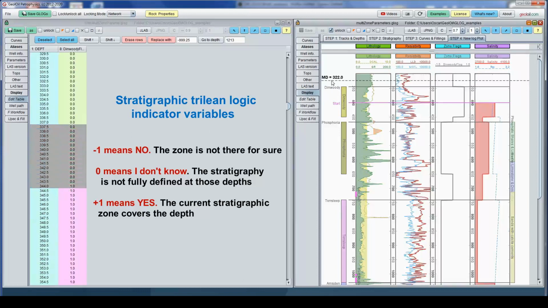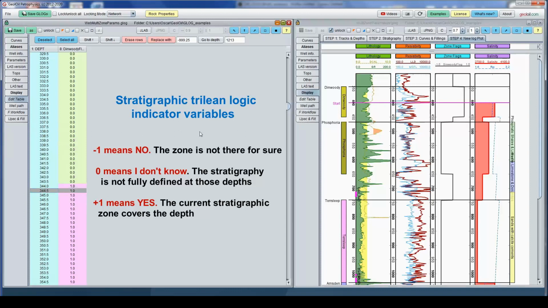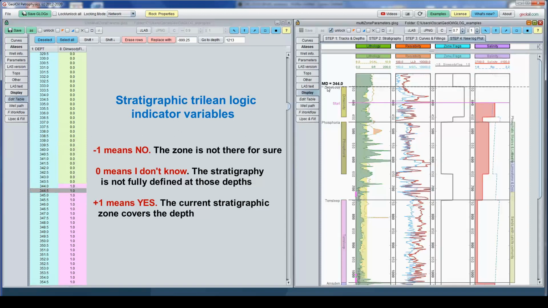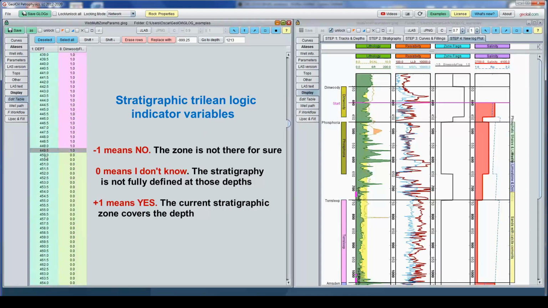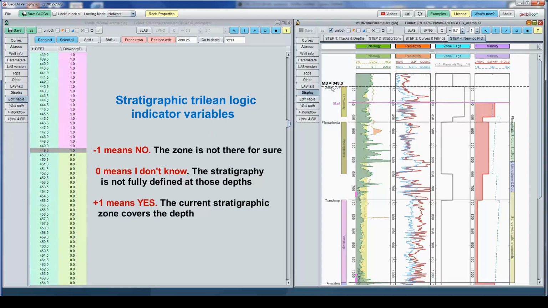Maybe it's wrongly assigned or missed or whatever. Then Dinwoodie, you see, starts from 344.5, and it spans up to almost 450.